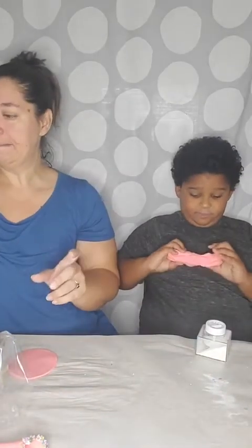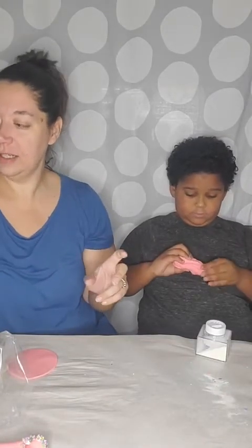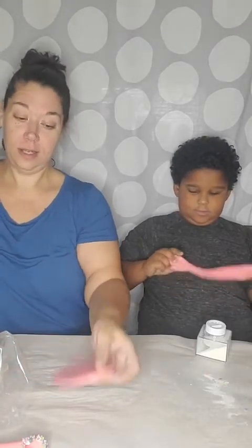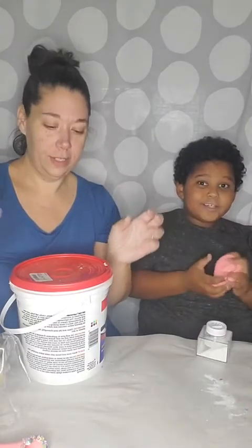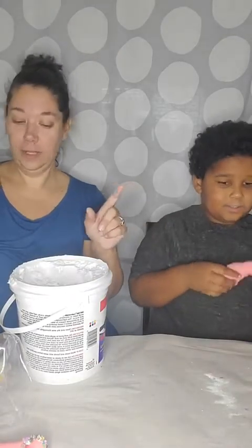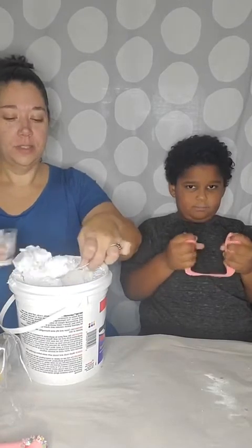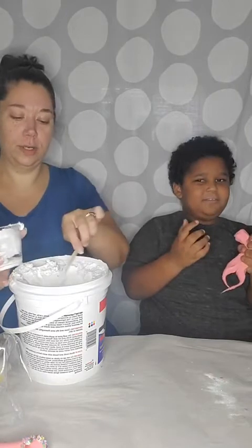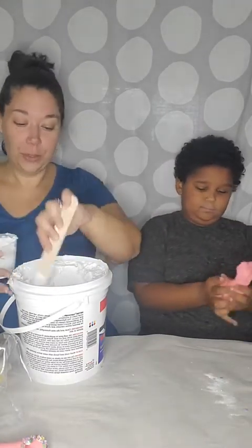Also, what are you going to do for a Valentine's cake? What am I going to do for a Valentine's cake? Does that mean I'm making a Valentine's cake? Yeah. So evidently I'm making a Valentine's cake now. I don't know what I'm doing then. I'm going to move this piece over here for now because it's already got glitter all over it. All I'm saying is you could. I could. Mommy doesn't do a whole lot of decorating for Valentine's Day because it's honestly so short. Not really a holiday. And it's two days after my birthday, so...